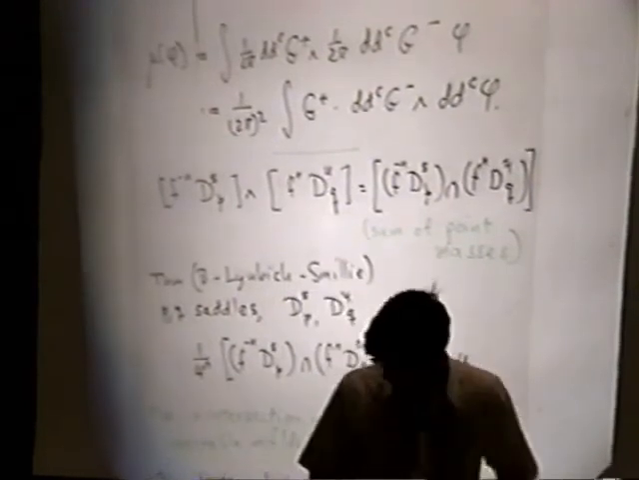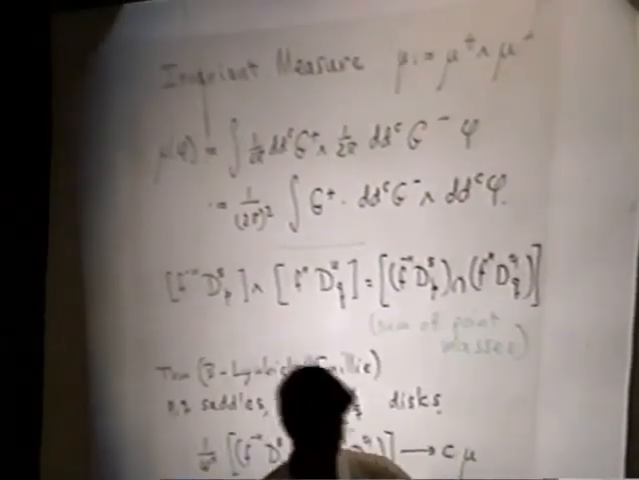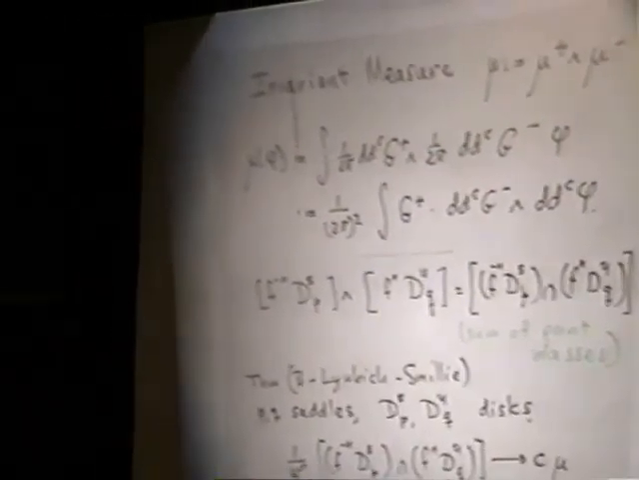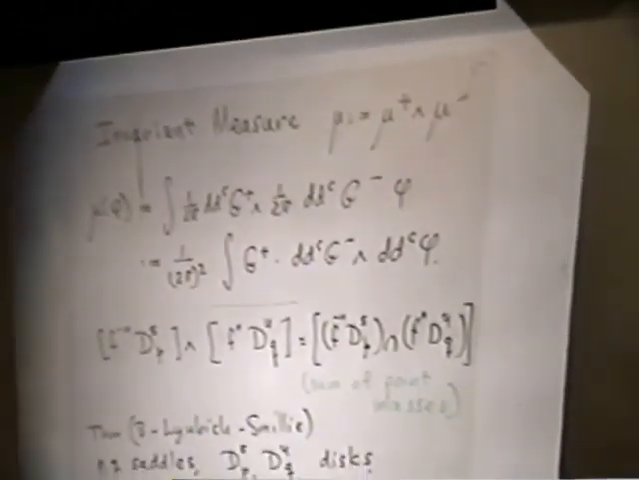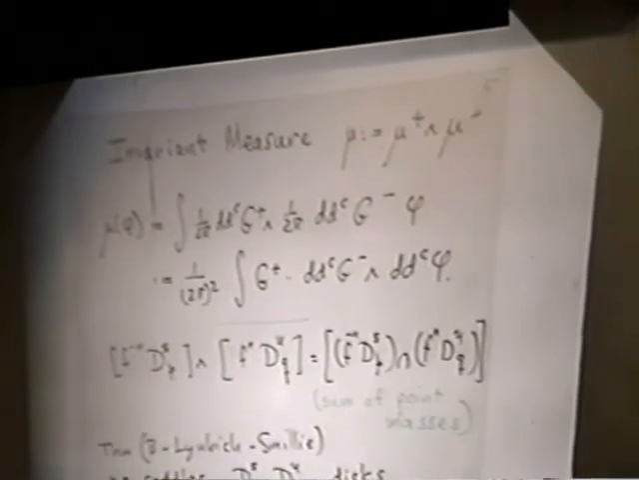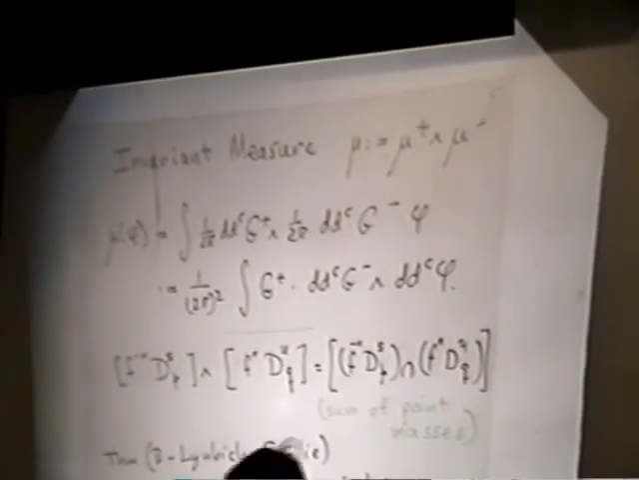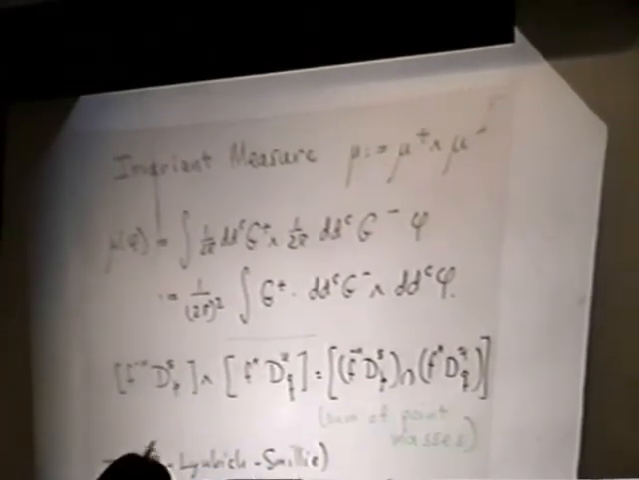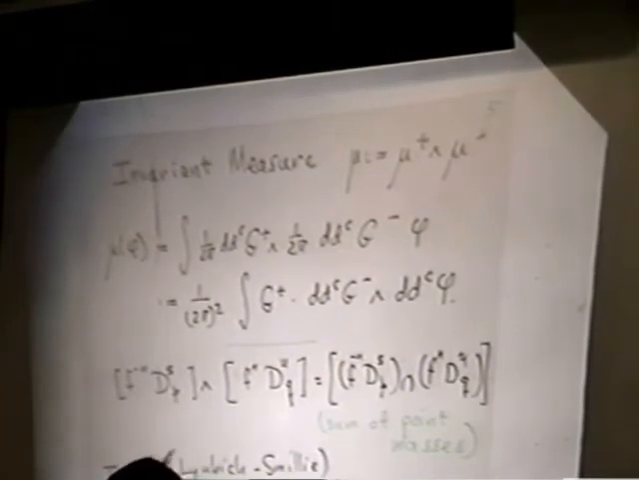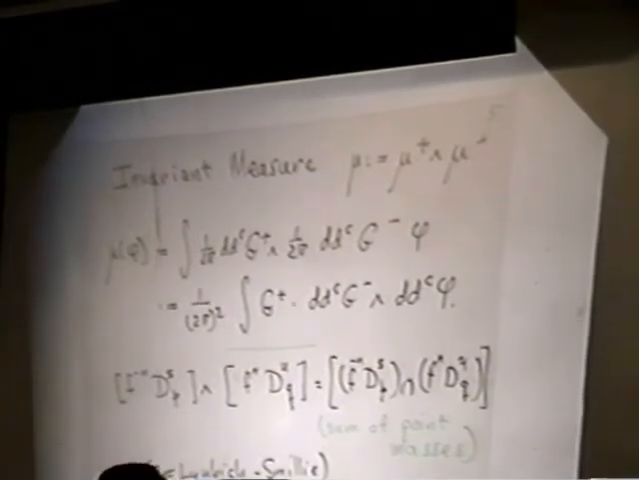Okay, so that's the use of the stable manifold. We also have an invariant measure. Now the stable current mu plus, when we apply